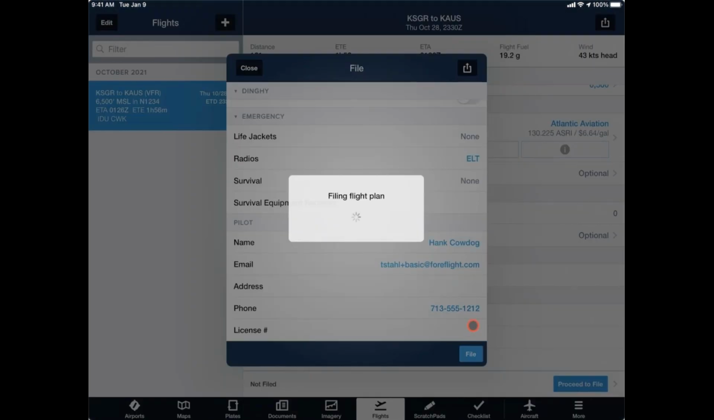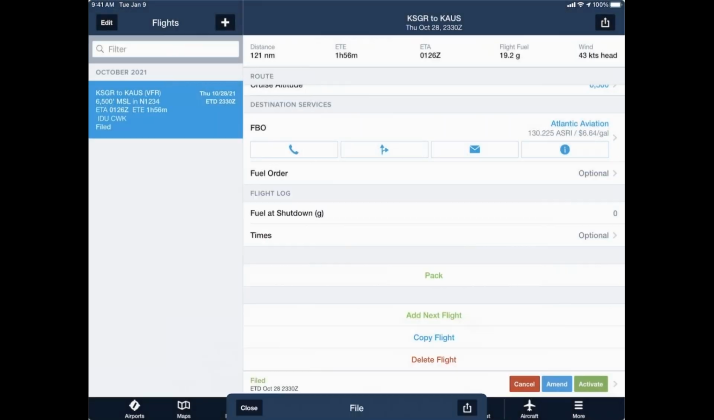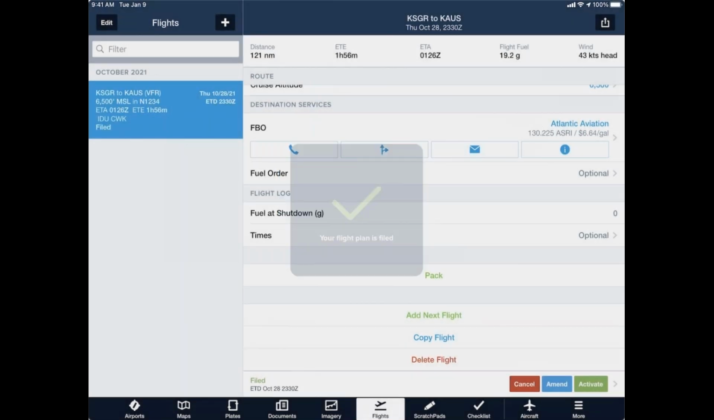I'm looking for a green check mark. Looking for a green check mark. Come on, green check mark. There it is, green check mark. Beautiful. So now you'll notice at the bottom on the left-hand side, it will say filed, and it will show